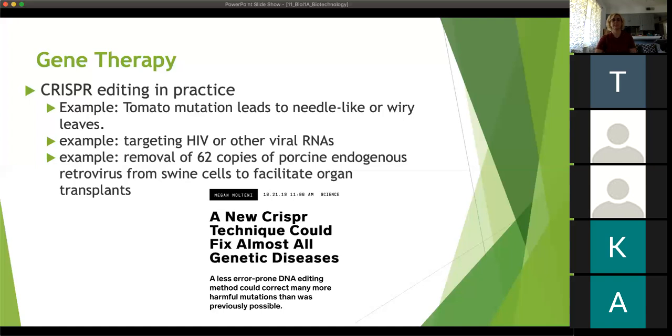In cell culture, scientists have been able to remove HIV. So one of the really insidious things that HIV does is it integrates into the host chromosome. So scientists in cell culture have been able to remove HIV from the chromosome. And scientists are also working on trying to modify pigs in such a way that the pigs could then be